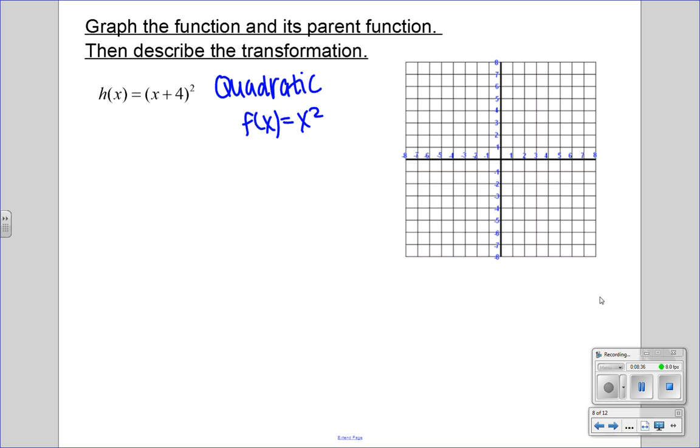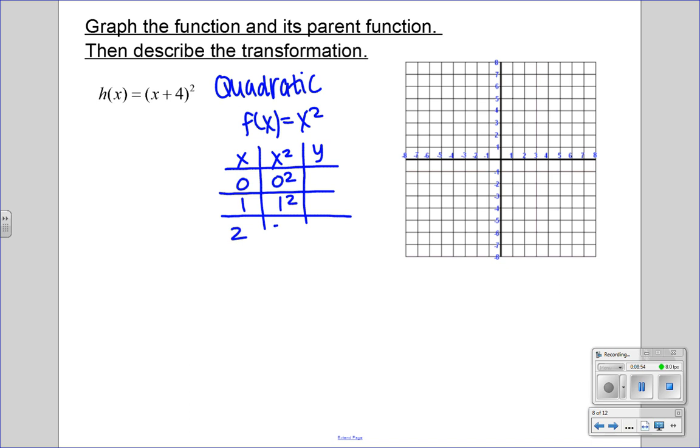Now, if you can't remember how to draw a parabola, we can always use a table of values, okay? So let's do a table of values for the parent function. So we have an x, x squared, and then y. Let's just use 0, 1, and 2. Really small ones. So we have 0 squared, 1 squared, 2 squared. So we have 0, 1, and 4. So let's plot 0, 0, 1, 1, 2, 4. Now with the parabola, don't forget to reflect it on the other side. So we go over here and over here. So we have a parabola